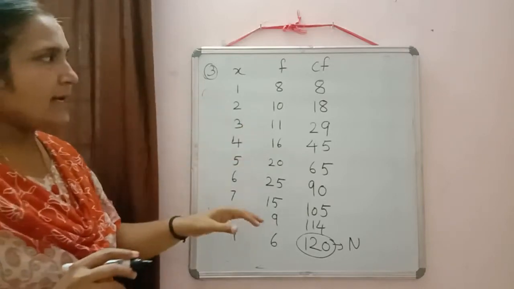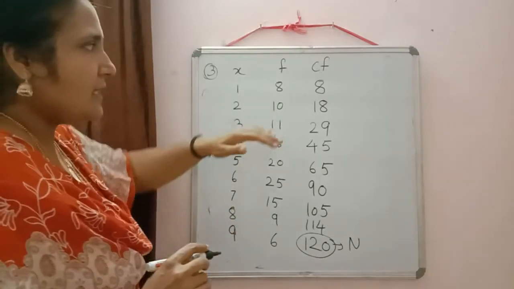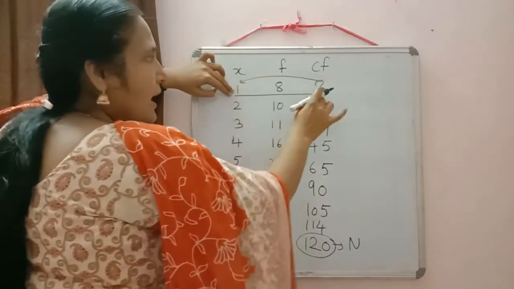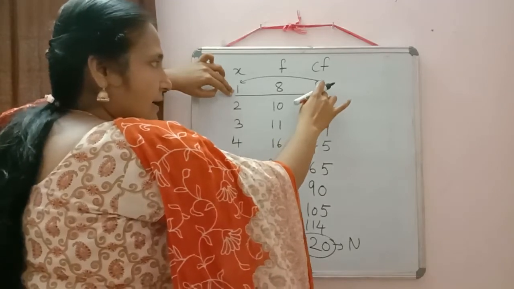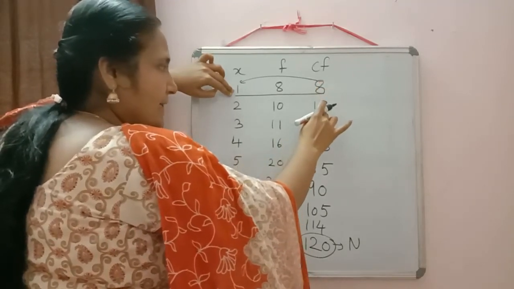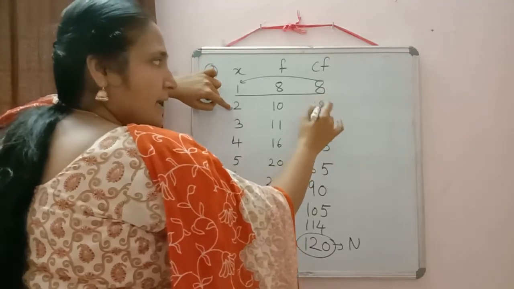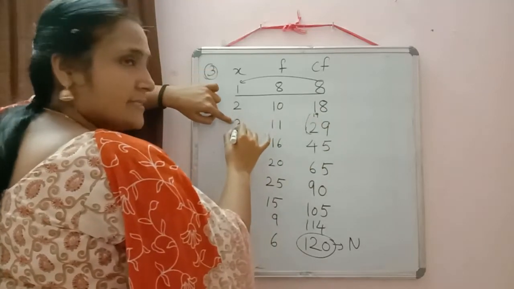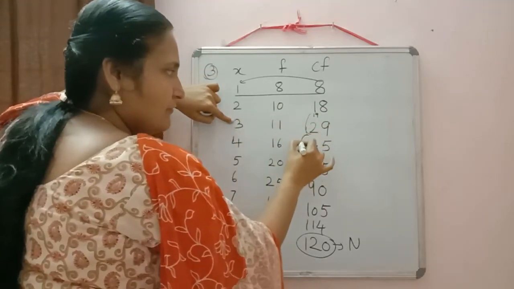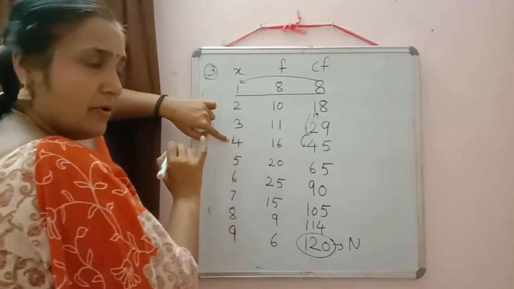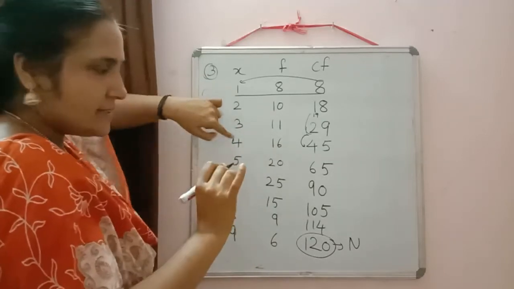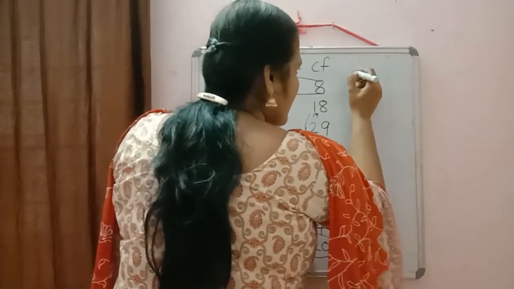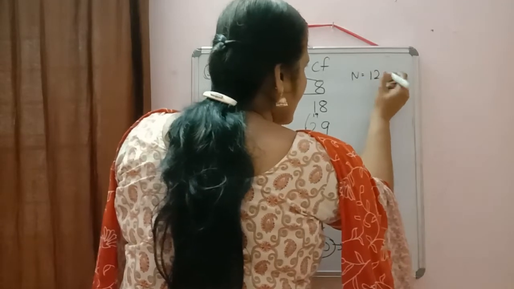Now when we calculated the cumulative frequency, what is the meaning there? Total 1 is repeated 8 times. So after the 8th position, for all the numbers from 9 to 18, the value is 2. Then from 19 to 29, all numbers are equal and the value is 3. Then from 30 to 45, all numbers are equal to 4. Now we are using the same concept here. n is equal to 120 and n is even.